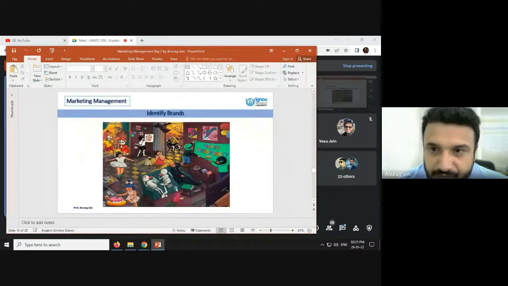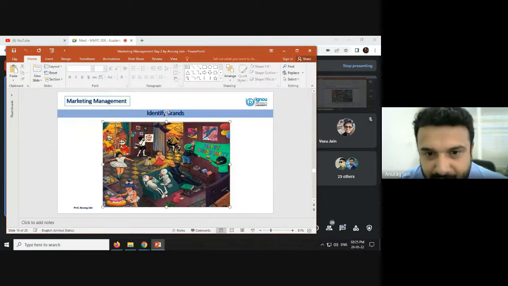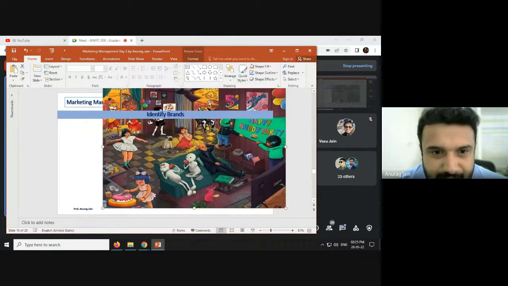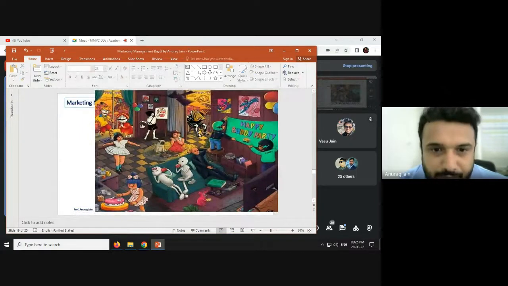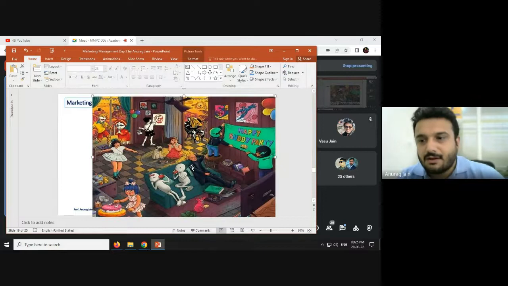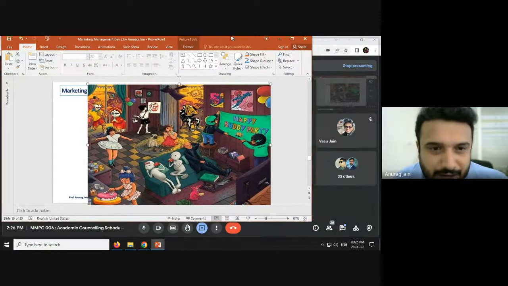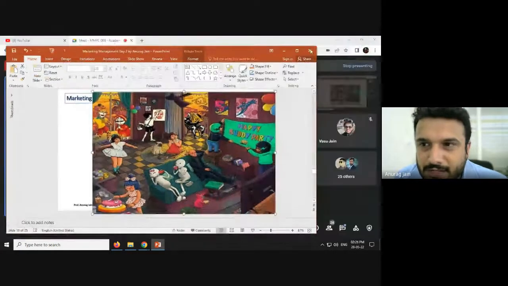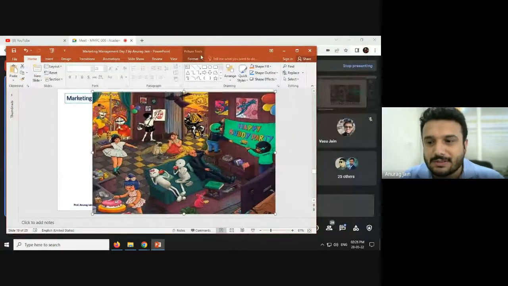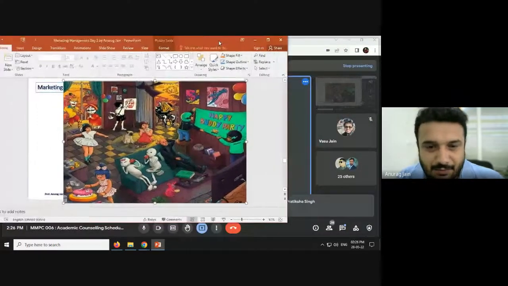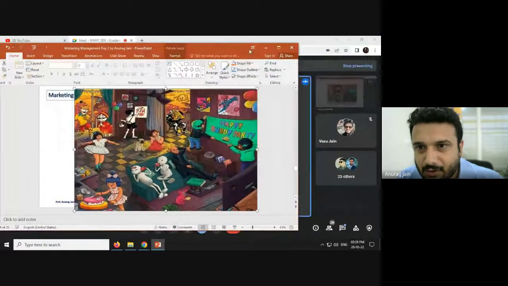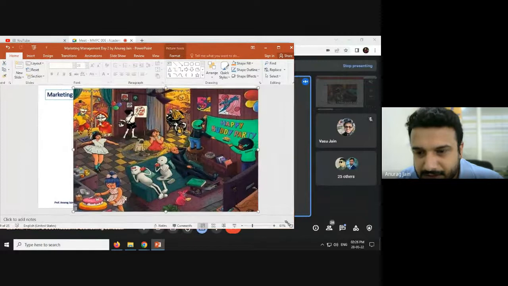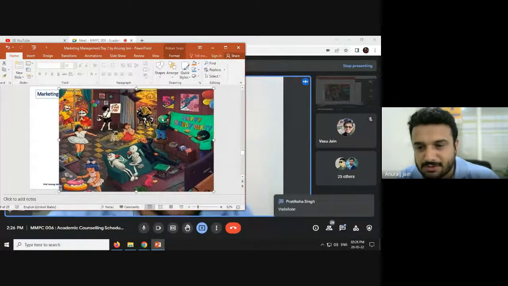Moving ahead, now you have to quickly identify some of the brands which are depicted in this picture. If you want, I can enlarge this picture. Just hold on. So what you can do, simply you can put the name of some of the brands which are visible to you in this picture. Amul, okay. Just hold on. I'm not able to see your responses. Let me just make it detailed. I hope you are able to see my screen.